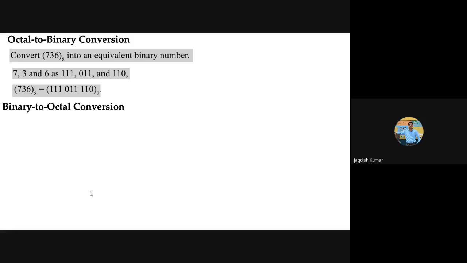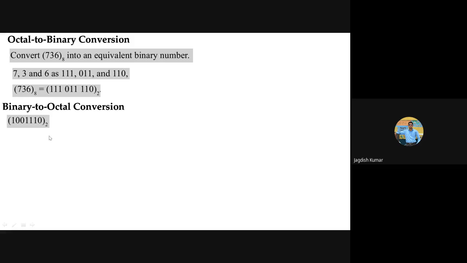So you can convert any number given to you in the octal number system, and it should not be very difficult. It is really quick and fast if you remember the triplet equivalent of the corresponding digit in the octal number system. Now let us see one example from binary to octal. Someone may say, okay, let us first get the decimal equivalent, then go to the corresponding octal. That is not the way. What you need to do here is make triplets.